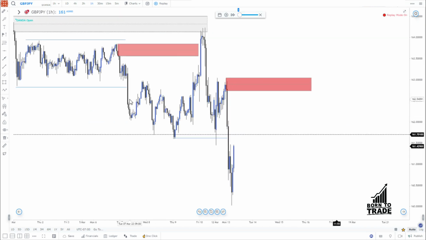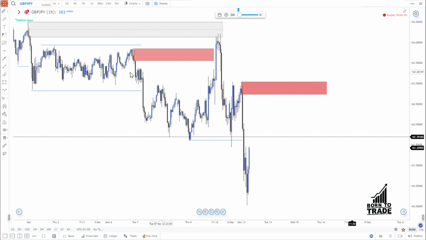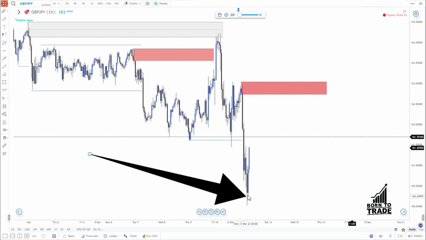Maybe you were not able to identify it, or you don't actually understand the concept of liquidity and inducement. So looking at this chart totally, forgetting about this area, what you should understand is that this is an accumulation right here. If you understand the concept of accumulation, manipulation and expansion, right? This area right here was the accumulation. So price came back here, manipulated, that is the manipulation, and here is the push to the downside,